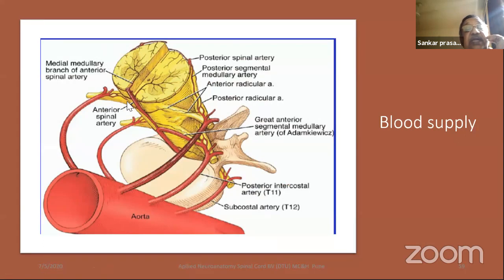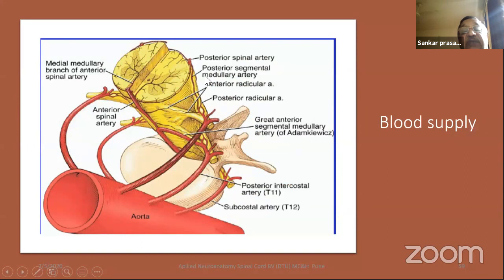So you should understand what are the various branches and which are coming and supplying, what are the intercostal arteries, what are the radicular arteries, what are the radicular medullary arteries. Let us look at this medial medullary branch of the anterior spinal artery. The anterior spinal artery is formed by the vertebral artery, and the posterior spinal artery is also coming from the vertebral artery, but there are two posterior spinal arteries which usually are incomplete,